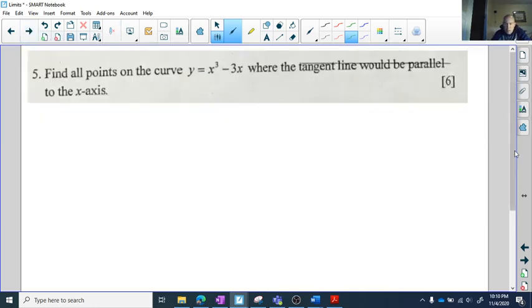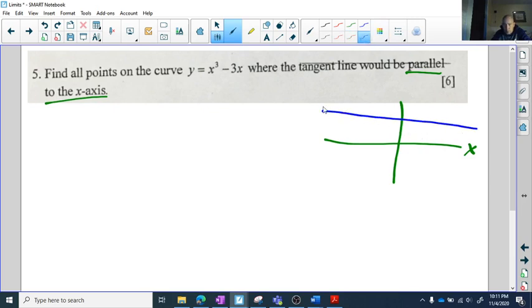Now this one's a slight variation on that. This time, it says where on this curve, when you draw the tangent line, would it be parallel to the x-axis? Well, here's a graph. There's the x-axis. There's a line, sort of, parallel to the x-axis. Well, lines that run horizontal like this have slope of 0. So what I've given you here indirectly by saying this, I'm telling you the slope of your tangent has